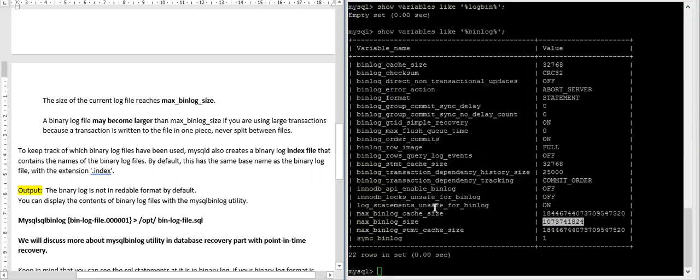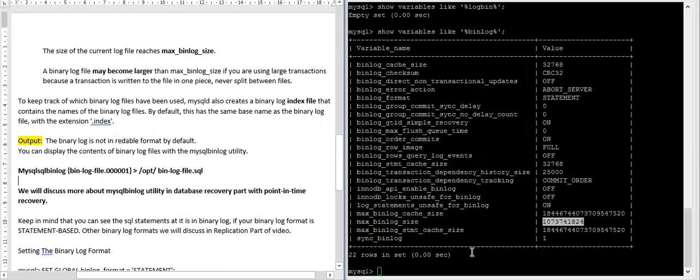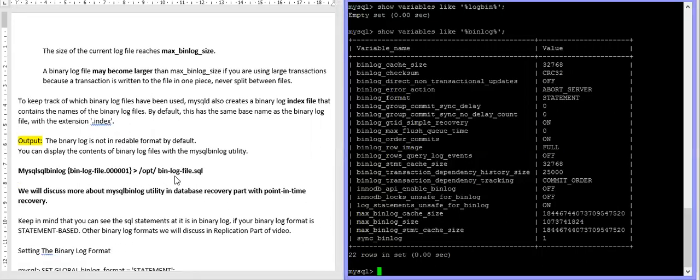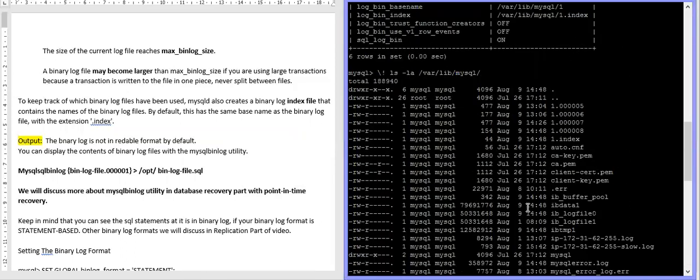We discussed the index file. Now to see the binary log output, I will have to do transactions so that they get logged into your binary log. One more point: this is the system command through which you can see the binary logs.